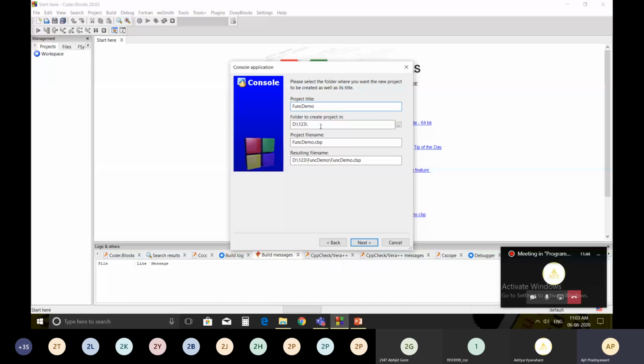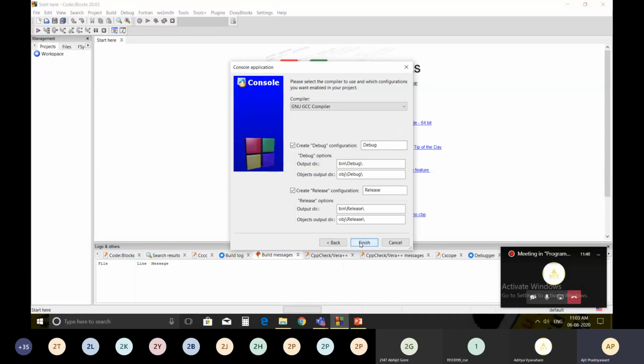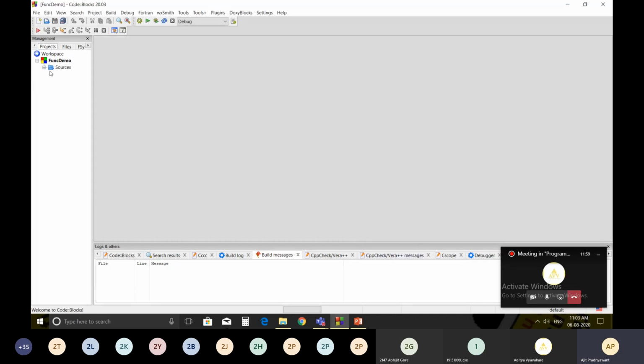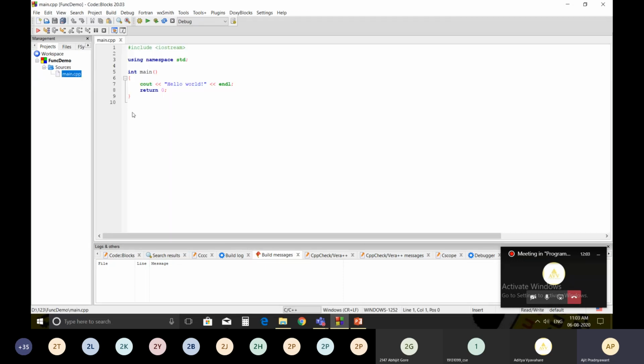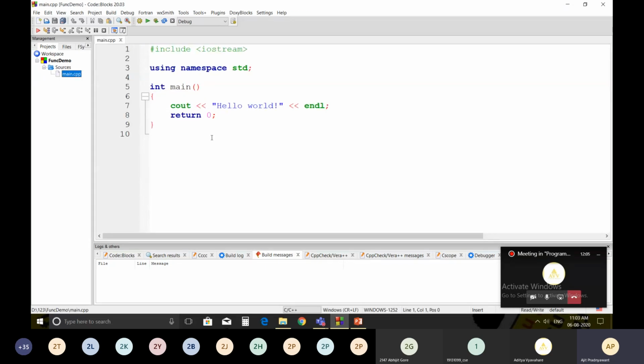Click next. This is the default compiler, the GNU GCC compiler. Click on finish. This is your project and this is your source file.